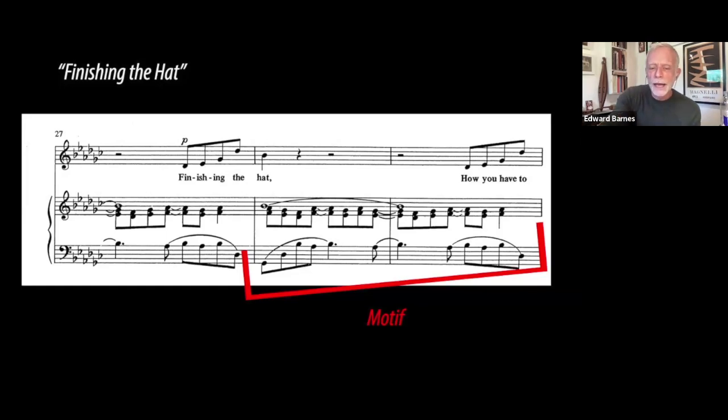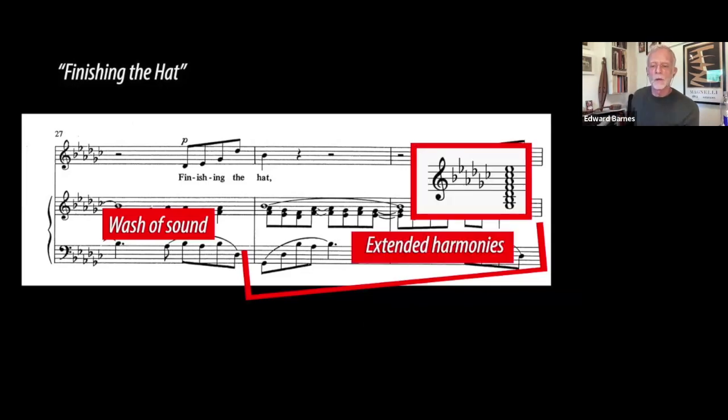And here what you have is the motif with its wash of sound, and this one is also based on extended harmonies. So he's in G flat major, and he adds all these notes to it. So you have this beautiful extended harmony that he's woven through there.